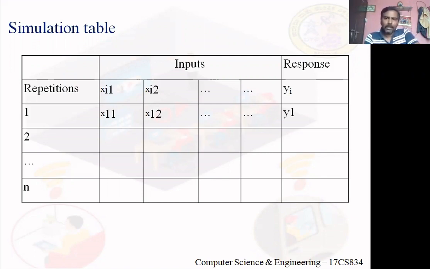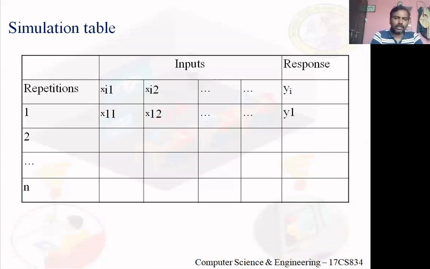For example, to make you understand simply, let me relate this table with a single server queuing system. Let me relate this table with a banking system with only one server. Got it? So now, let me say n is 3.